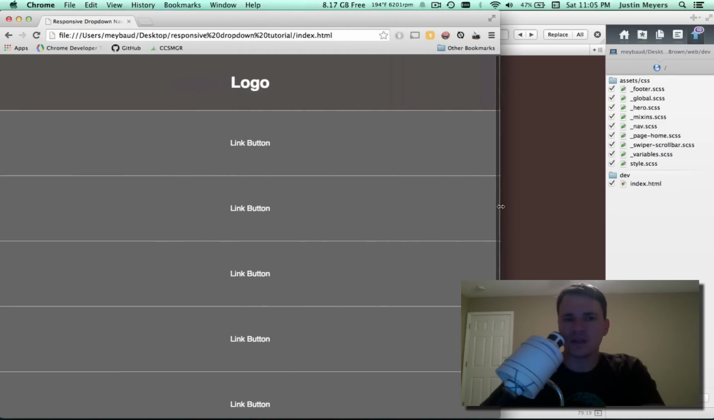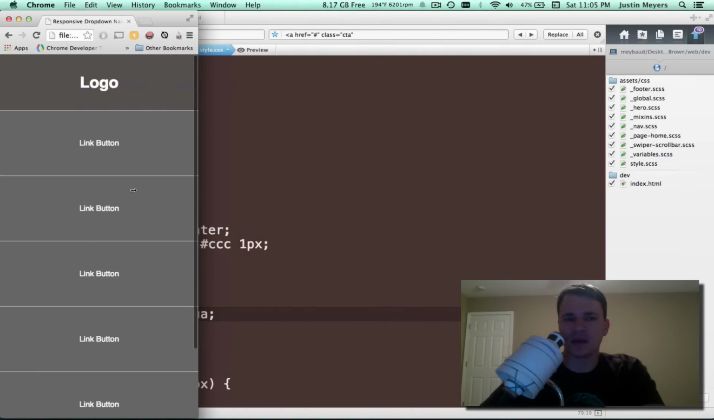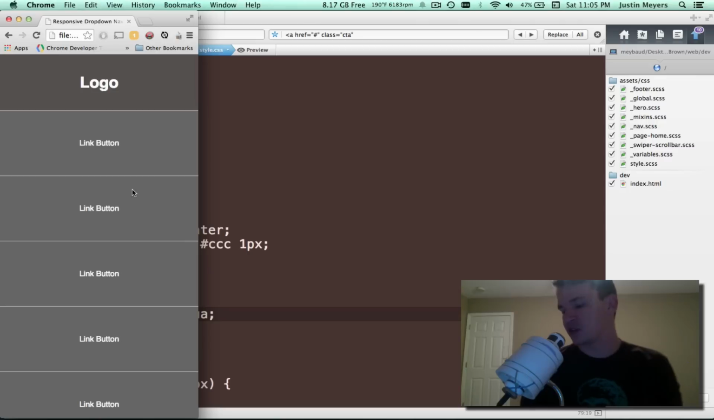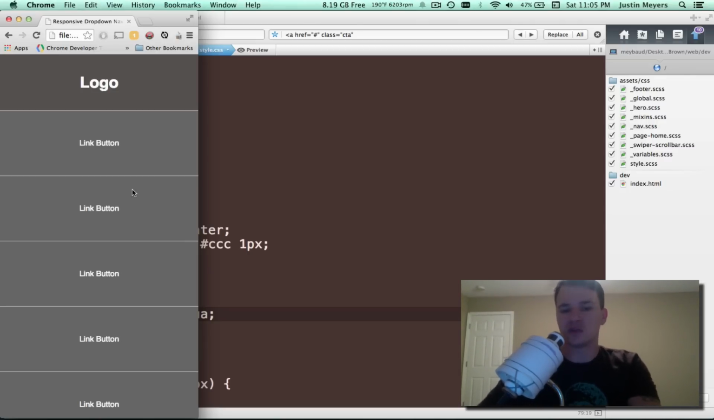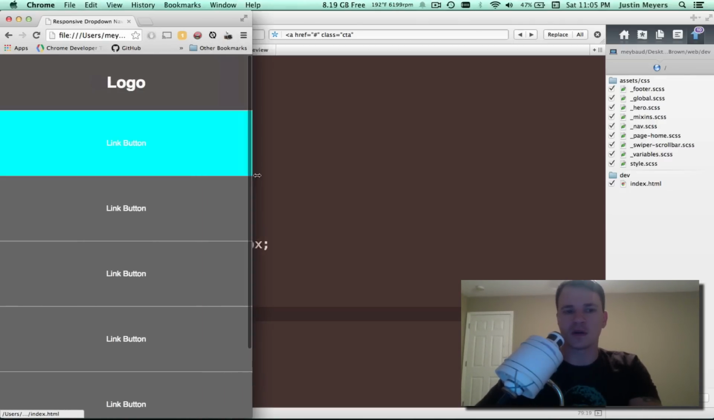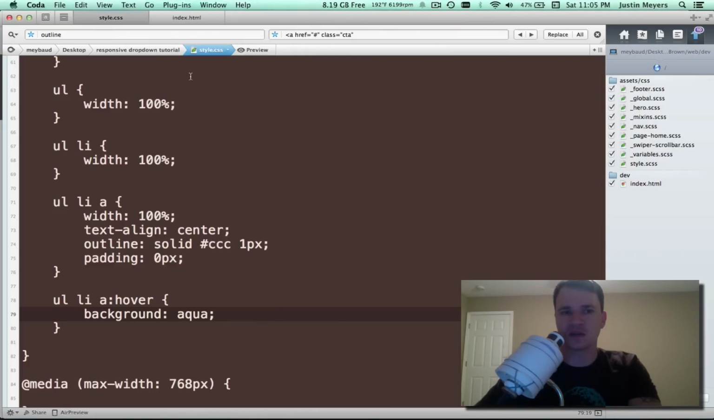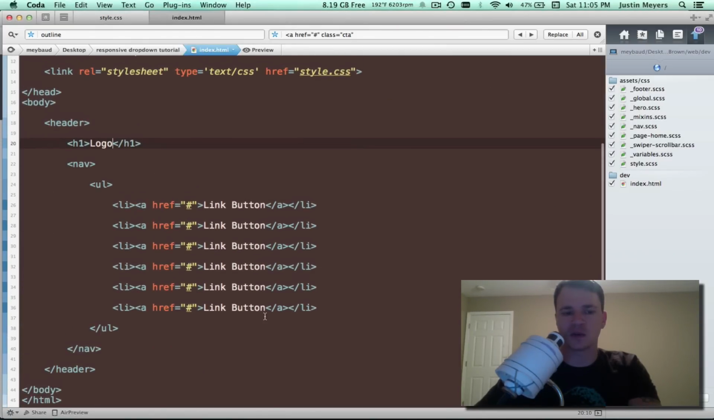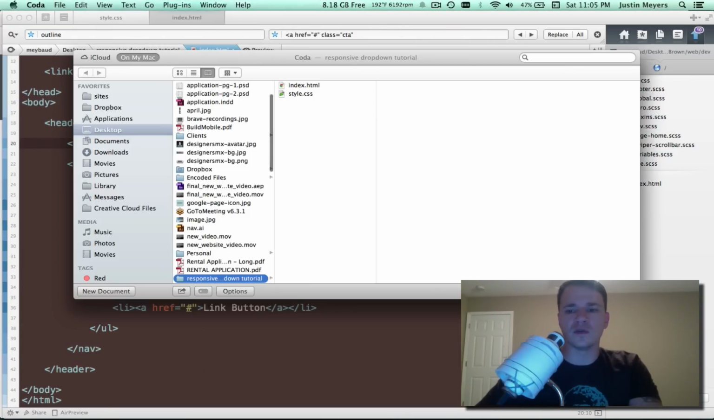So why don't we do this? Why don't we go ahead and take a minute to... obviously, the navigation is not always going to be showing. So we need to go ahead and introduce a little bit of jQuery, okay? So let's go ahead and do that. So first, we need to link the jQuery file. So what I'm going to do